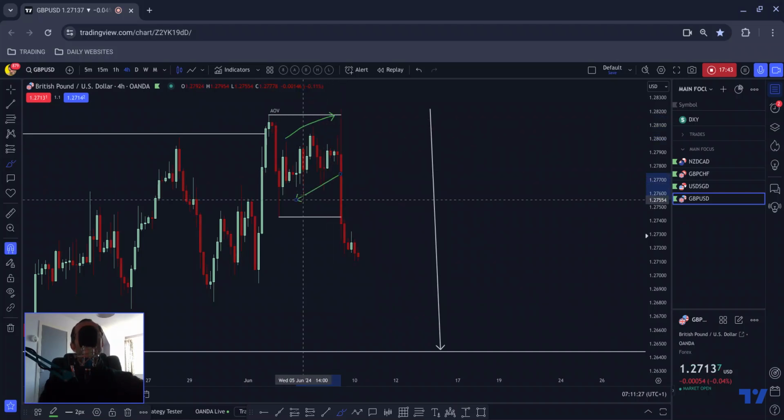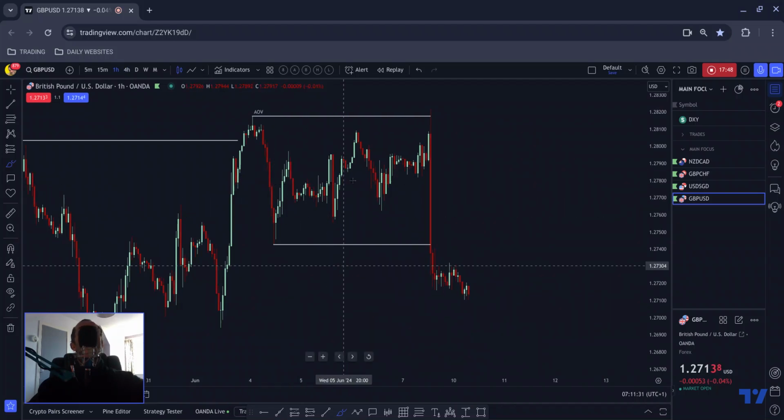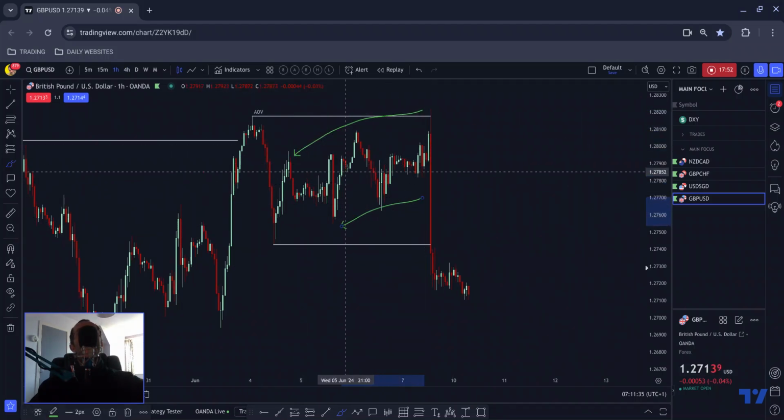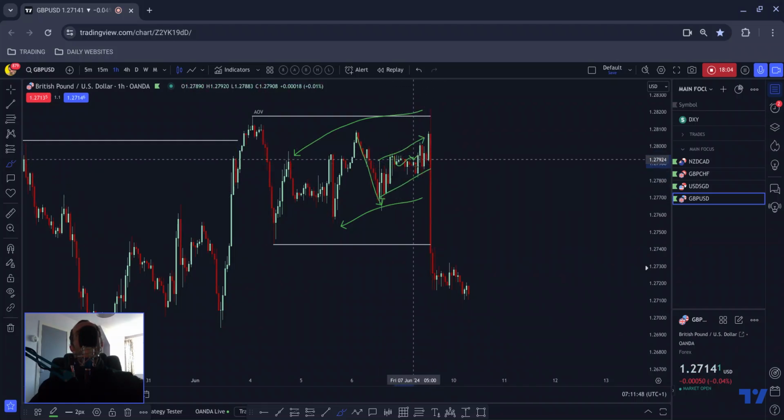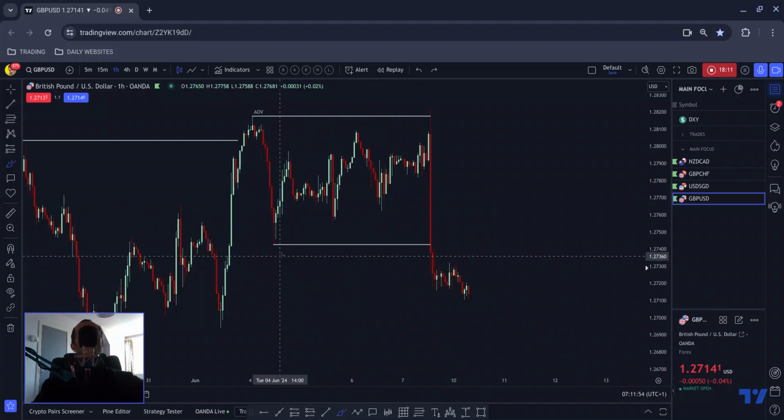I said to you in a previous video, I believe, that when we have a structure like this, where the middle section is a bit of a straight line, not corrective as we would normally anticipate seeing, we normally get a 3-touch structural approach which has a corrective middle section in it, and that's exactly what happened. We then tap into that area and drop out below the low of this structure.